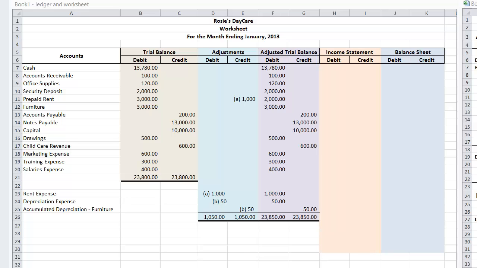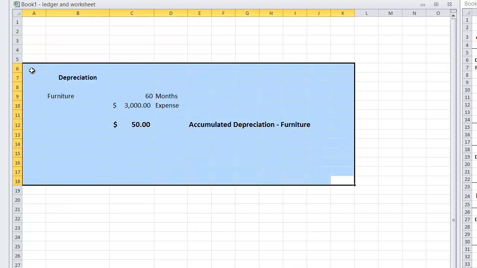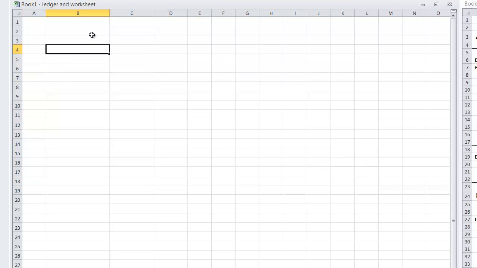So in this final video, we're going to actually create the closing entries, and I just wanted to point out a fairly quick and important thing that we need to realize. Closing entries, you only need to do 4 steps. You don't have to worry about anything else. And the steps are: